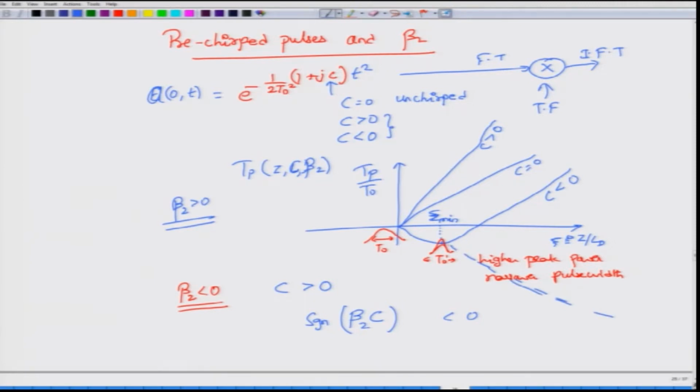What happens is that after a certain compression, the pulse width actually starts to increase again. So, eventually you would have pulses that are broader, okay, at the output, but at least up to a distance of some zeta min, the pulse actually compresses, and this zeta min can be controlled by controlling the dispersion length LD via the parameter beta 2. So, you can actually engineer the value of beta 2 that you want, so that you can accomplish this pulse compression, and this pulse compression is a very important topic, as I told you, in pulse shaping in ultra fast optics. This pulse compression can also be put to some use for dispersion compensation.